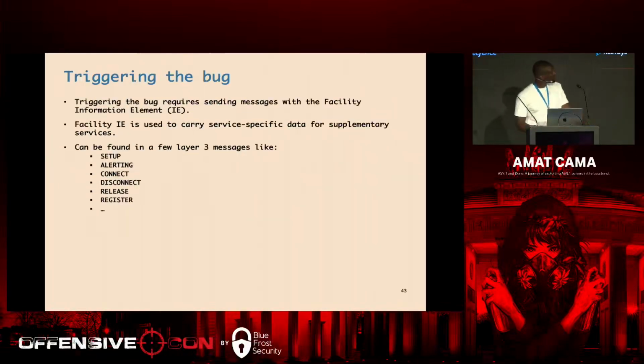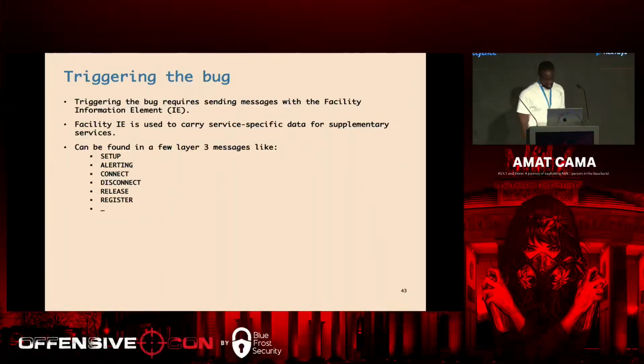So in terms of triggering this bug, the message that you need to send is a facility, which is encoded inside a facility information element, and this can be found in a bunch of layer 3 messages, like a setup message, which is a message you use to initiate a phone call. There's alerting, which is also related to that, and then there's connect, disconnect calls, release, register from some different protocols